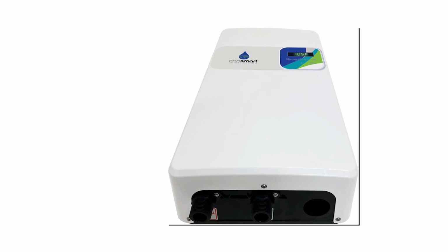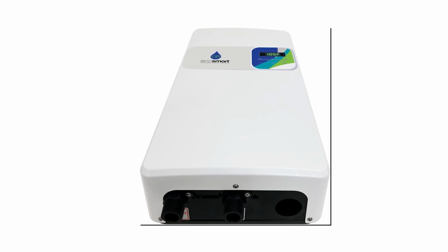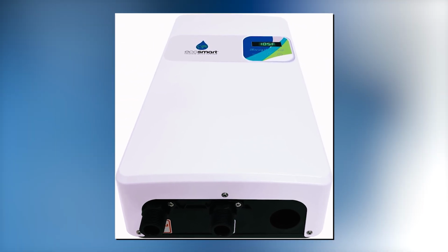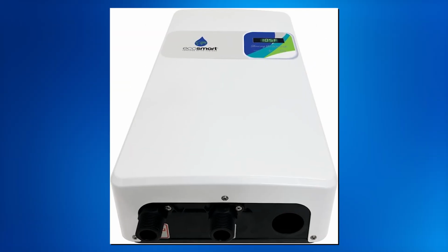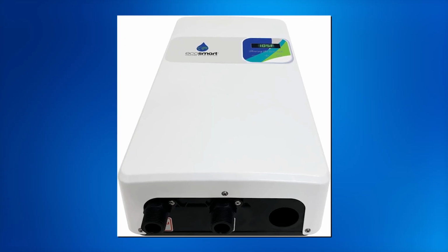It delivers a consistent 2.7 to 6.6 gallons per minute, depending on inlet water temperature and usage. Like the ECO 27, it includes self-modulating controls and a sleek digital interface. For those who want an equally powerful but slightly more modern version of a proven design, the ECO 27 is